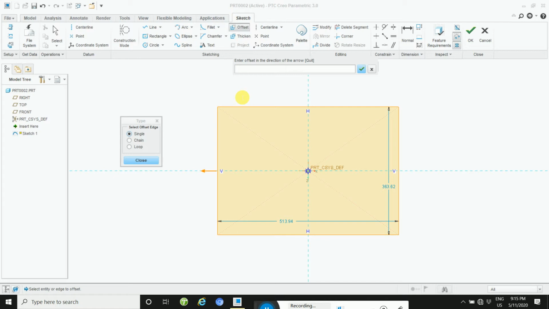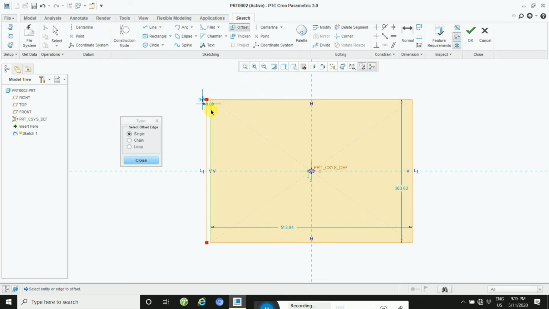If you put 10, see this. If you want to apply the single offset again, select this, and this value is 20.